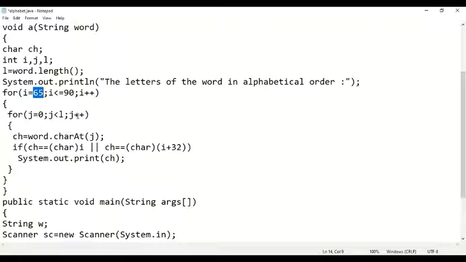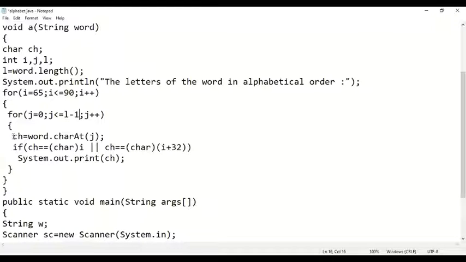capital letters. Okay. Next, what I am doing, I am starting from index number 0 going till less than L. The length of the string is L, so index number will start from 0, it will go till L minus 1. This is one way to write j is less than L. If you don't want to write it like this, you can write it as j is less than equal to L minus 1. It means the same. Whether you write j is less than L or you write j is less than equal to L minus 1, it is the same thing.